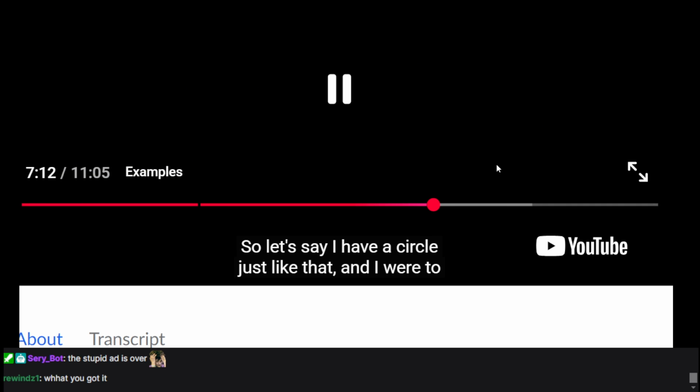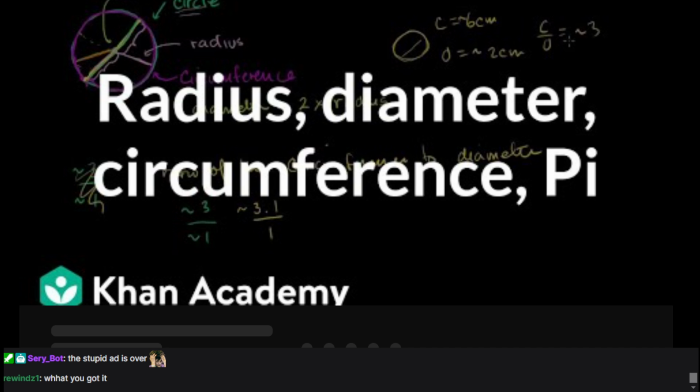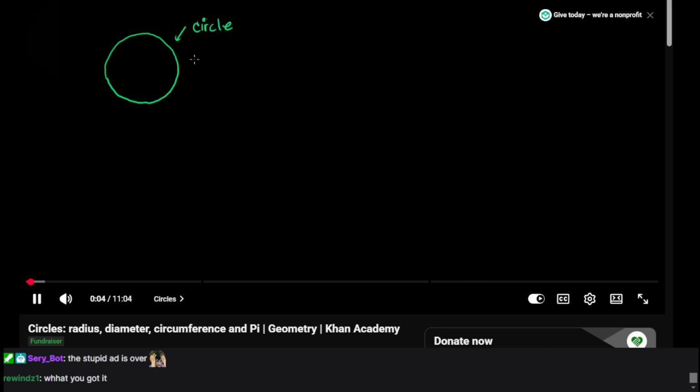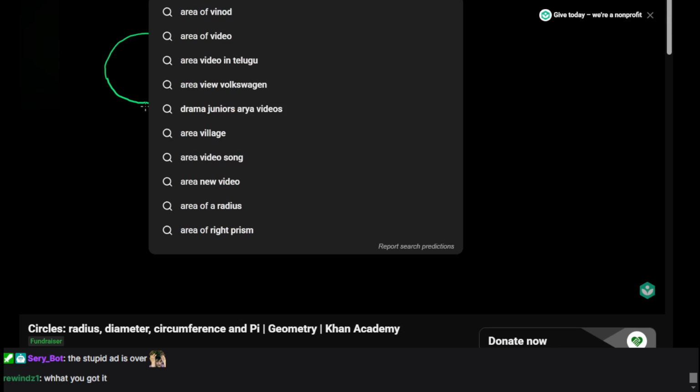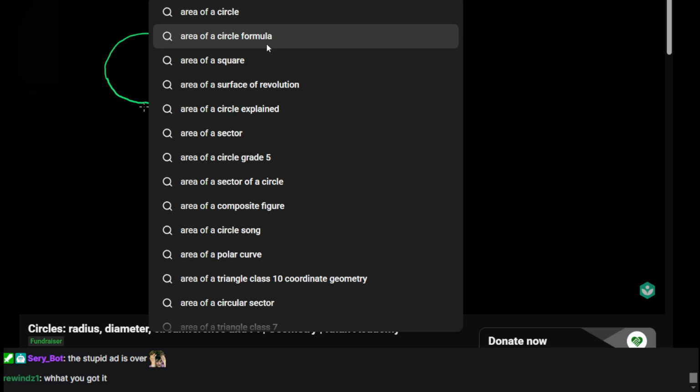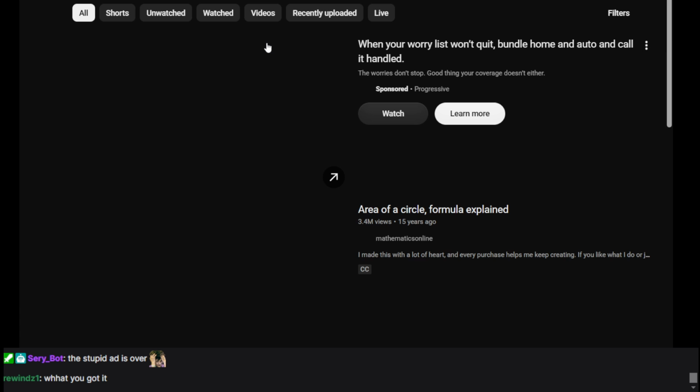So let's say I have a circle. I have a circle just like that. The circle is arguably the most fundamental shape in our universe. Whether you look at the shapes of orbits of planets, whether you look at wheels, whether you look at things on kind of a molecular level, the circle